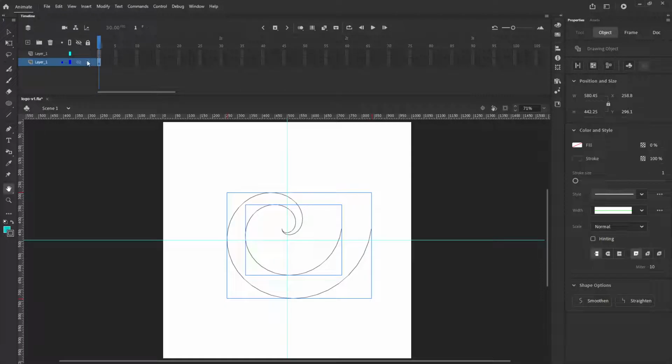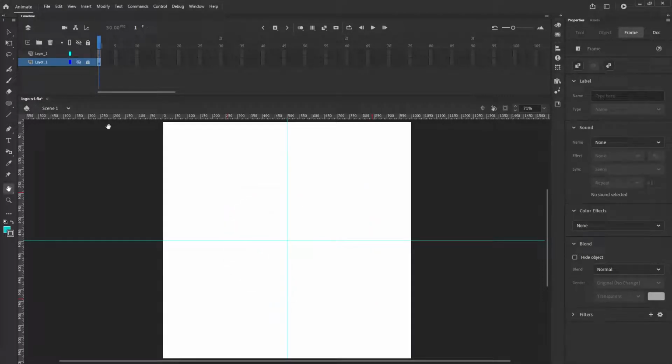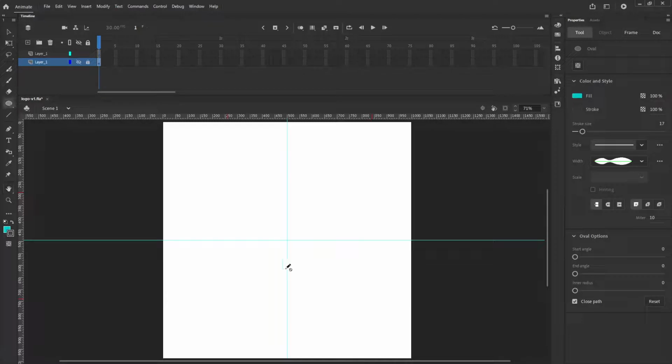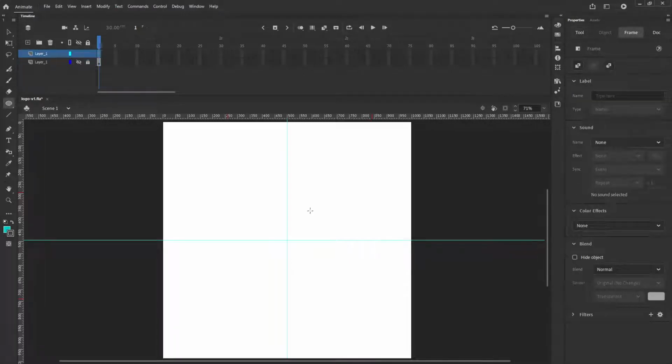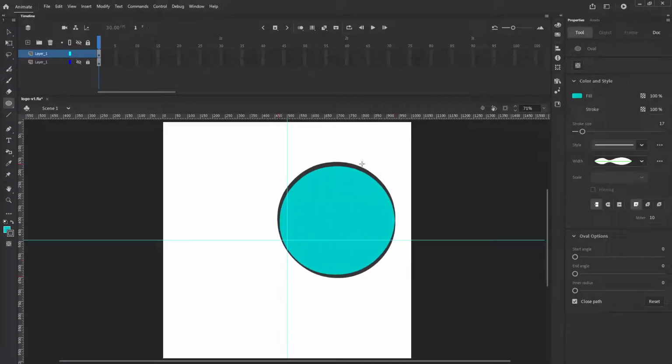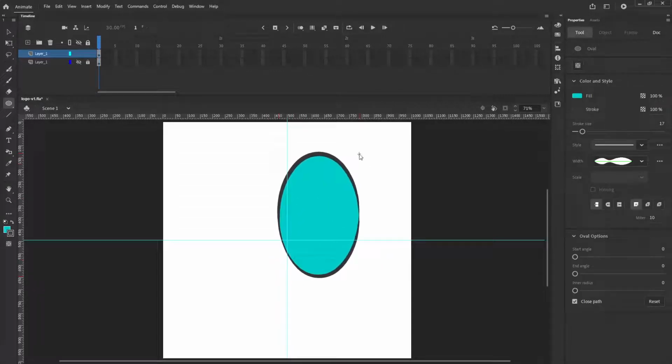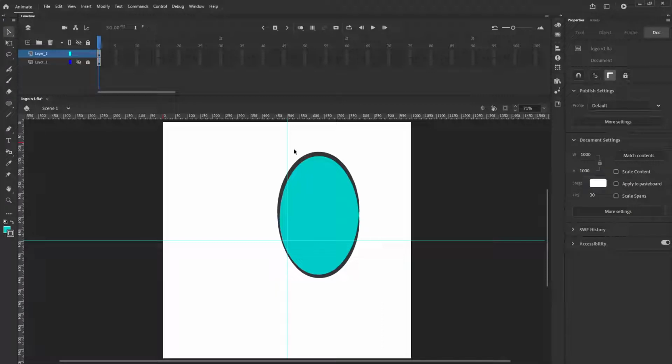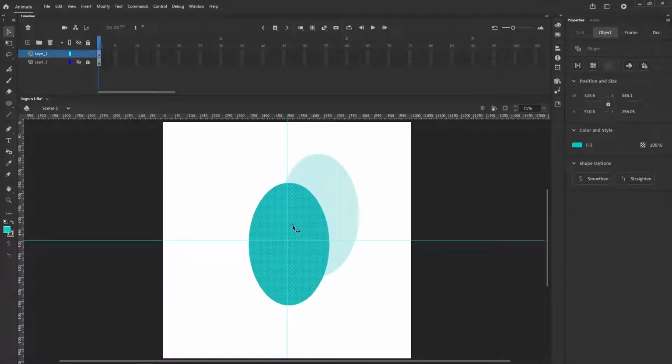So I'm going to lock that now and just hide it because we need to work out how this is going to look. If we think octopus, we generally think a big head like this, something like that. I'm not going to need the stroke, so we can get rid of that. There you go. And then I'm going to put this right in the middle of the